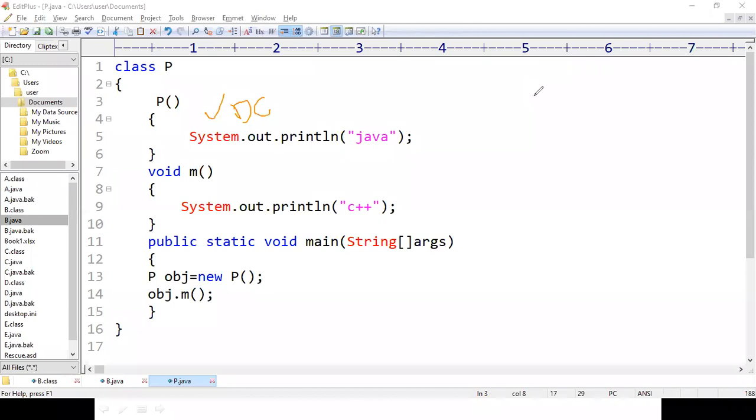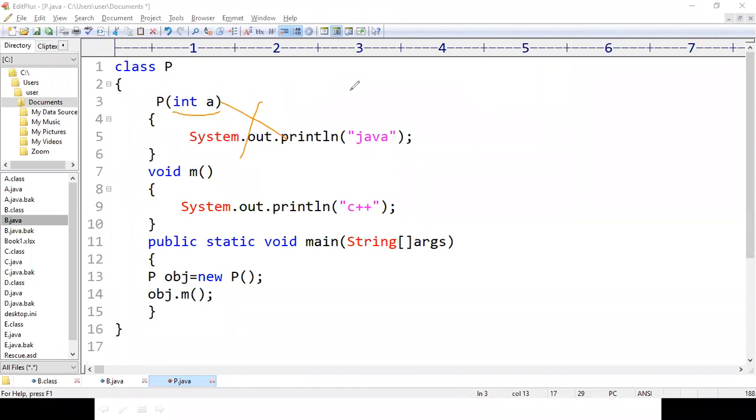So here we have seen in the definition, if there are 0 parameters or no parameters, then it is called a default constructor or no argument constructor. For example, if there is a parameter called int a, then it is not a default constructor. It is a parameterized constructor which contains one integer parameter.